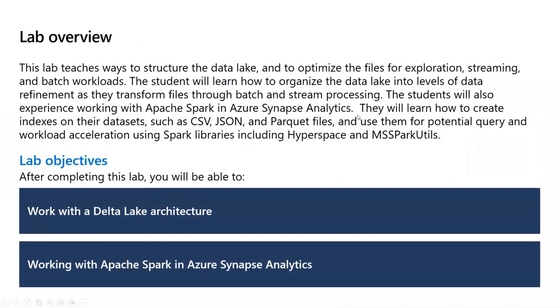because here we have seen a couple of fundamental things like Synapse Analytics, Synapse, we have seen Databricks, we have seen these data lake storage options, and we have seen Delta Lake architecture.